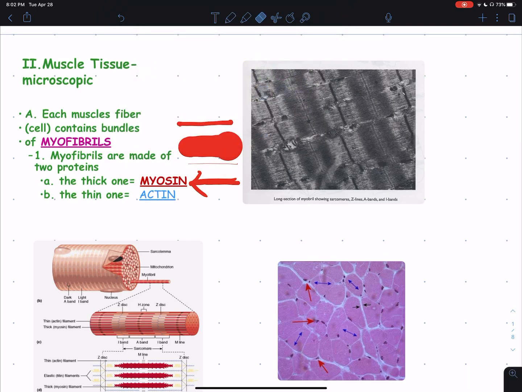Okay, obviously the thicker one is going to be darker. So I'm going to stick with my red because my myosin is written in red, and I think that will help me as I go back and look. If I look at this picture right here, all of this is myosin. So now I'm going to mark it red so that way you can see all of this darker color